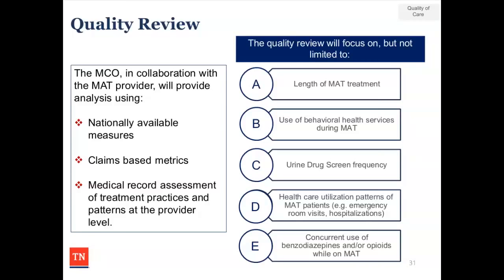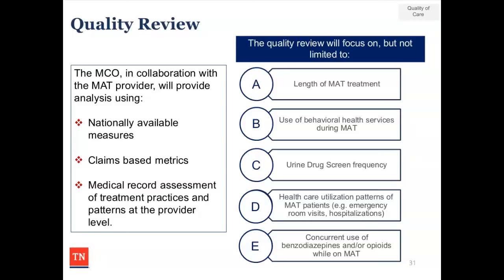Second area is around the use of behavioral health services during MAT. The third key area is around urine drug screen frequency, again, speaking to the accountability of the patient. The fourth component is around healthcare utilization patterns, helping providers understand for MAT patients their use of emergency room visits, hospitalizations, and how we can make sure we keep an eye on the long-term and overall health journey of our